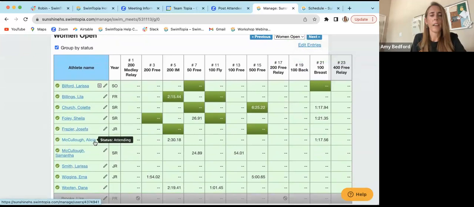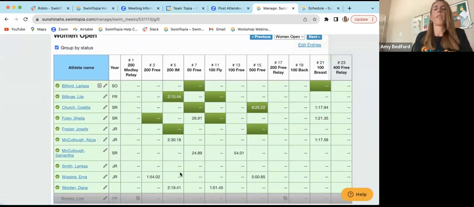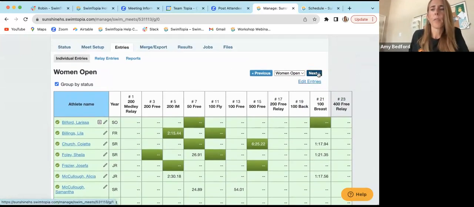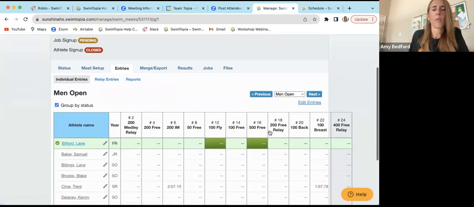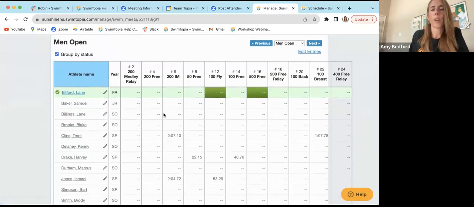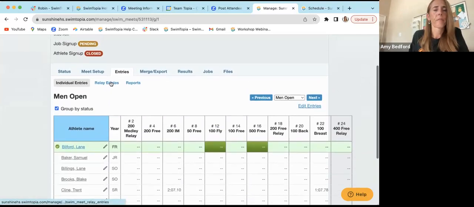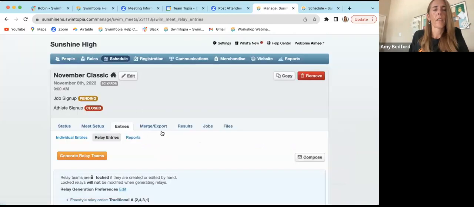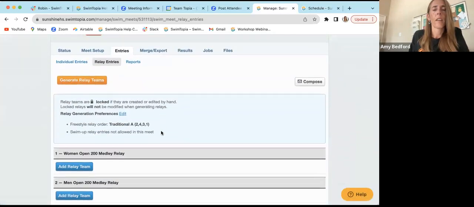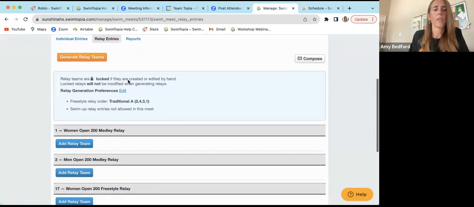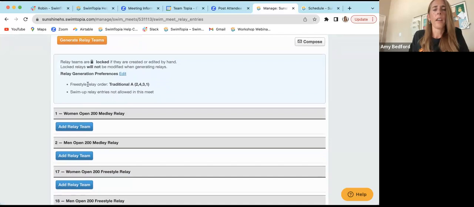I have designated these following athletes as attending, but I haven't quite decided on what events they're swimming just yet. And then if I tab over here, this takes me to my male athletes, and I would go ahead and do the same thing. Now, that's individual entries. Relay entries, tab over to the right, and again, we've designated our preference right here,